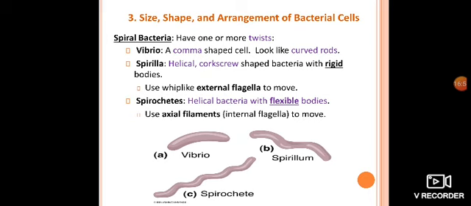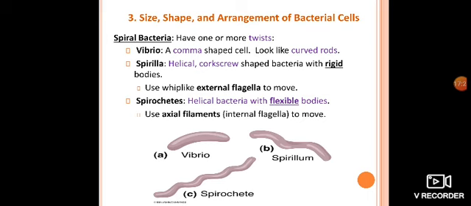So these bacteria have a spirilla-like shape, and they use external flagella to move. This type of bacteria has a specific curved shape, so they observe more difficulty in movement. For the movement of these microorganisms, they mostly use the flagellum. We already discussed flagella in prokaryotic and eukaryotic cells. So for the movement of these bacteria, they require the flagella.